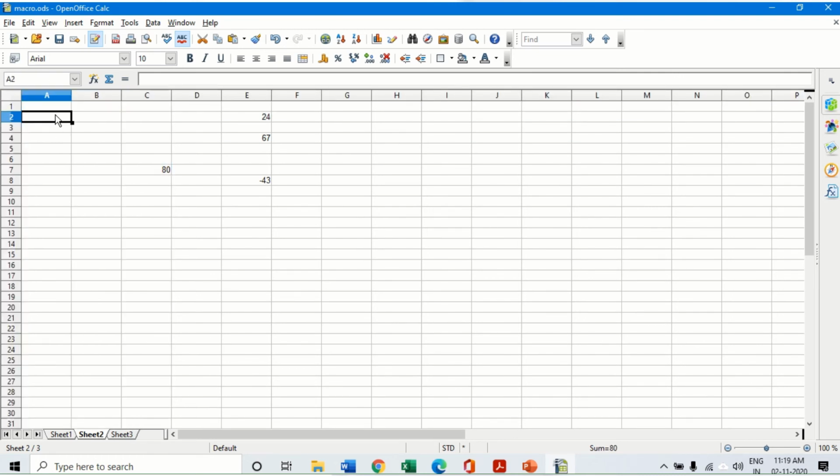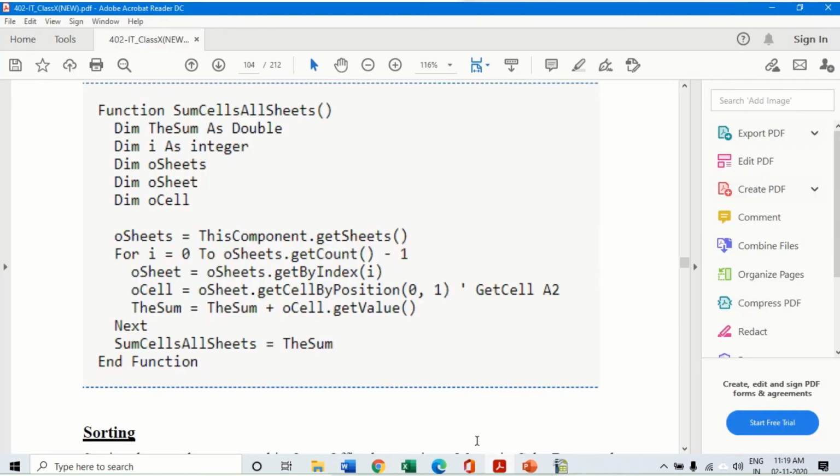This is called the cell positions in this particular language. It is a bit complicated at your level to understand the cell positioning in the StarBasic language. It is just picking up the values in particular cells depending upon their cell position or the index position of that cell. This is a bit complicated for you to understand, and it is basically for practical use, so we are not going to do this particular function in detail.